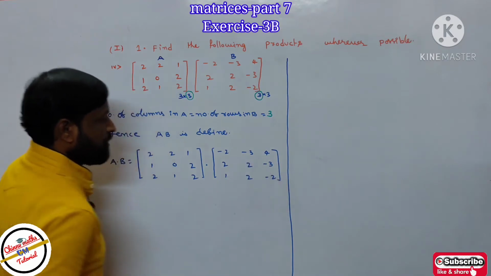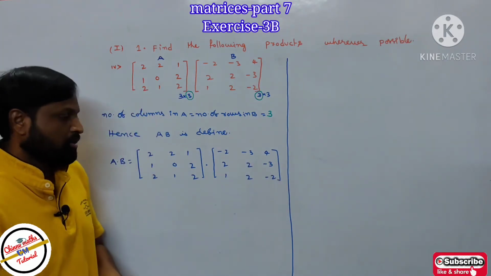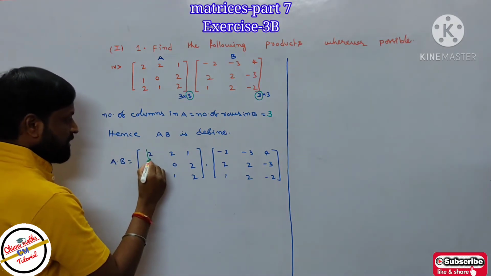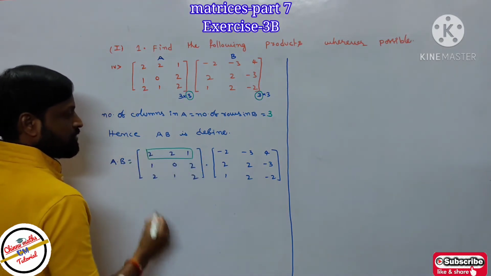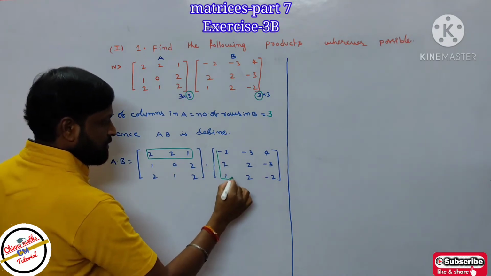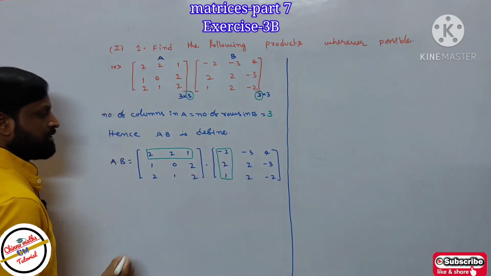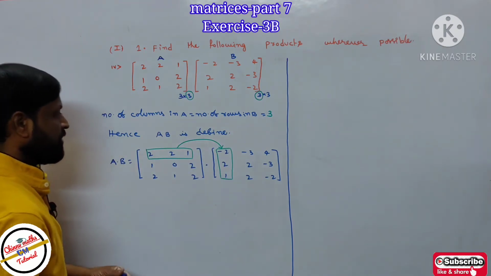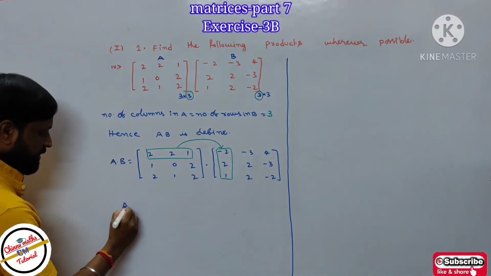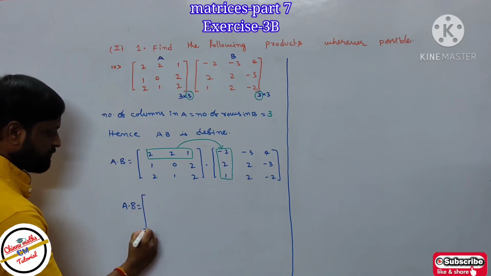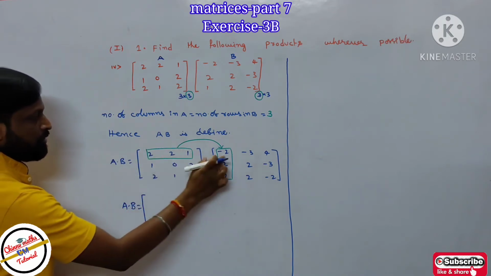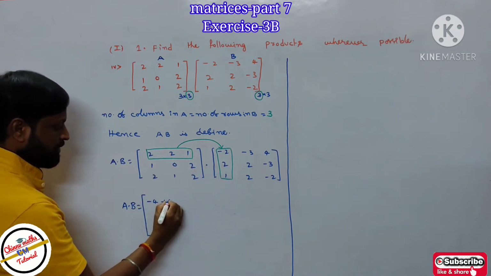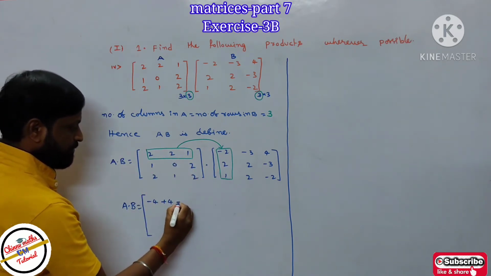So already we know the process of multiplication of two matrices. First take the first row and first column of the second matrix. Then you can multiply these two. So AB equal to, directly you have to multiply. A into B equal to 2 into minus 2 minus 4 plus 2 into 2 plus 4, then 1 into 1 plus 1.